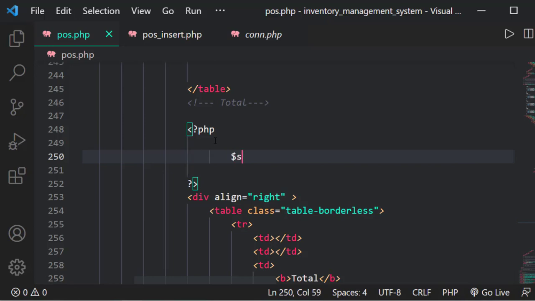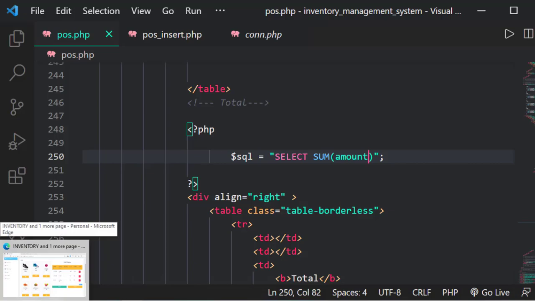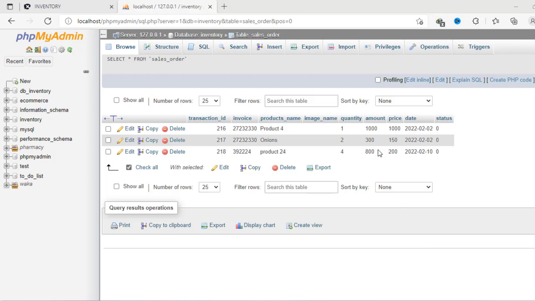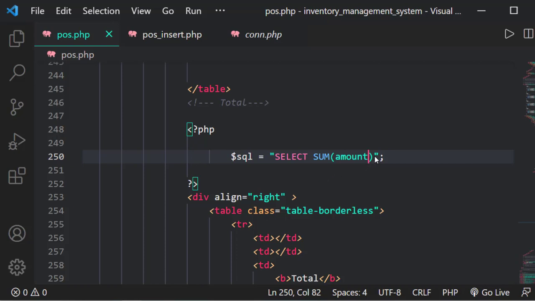So SQL, and we're going to set that to be equal to what? You guessed it right, select all. Oh sorry, select sum. Select sum into brackets amount. So the reason as to why I'm putting amount is because we are summing the column amount. So I'm just heading to the database so that I can show you that, and so that it is clear. Moving forward. So what we want to get is the sum of this. So that's why we are saying select sum as amount, and we're also going to come and say as amount. So as that column as amount,